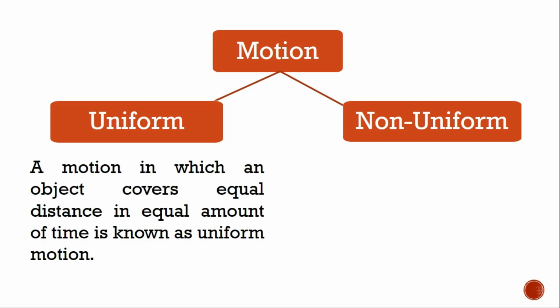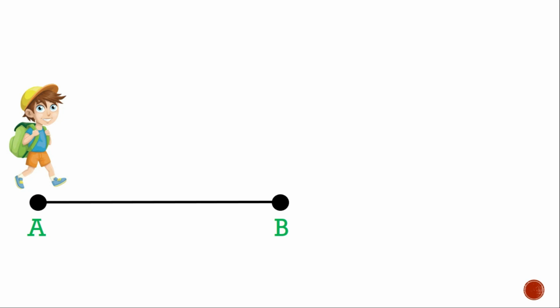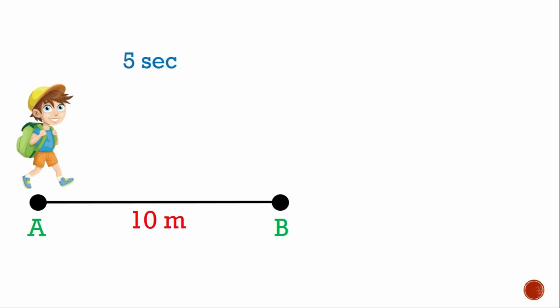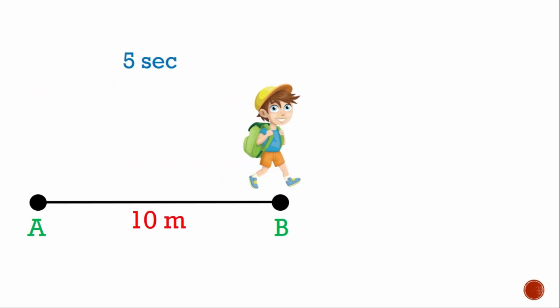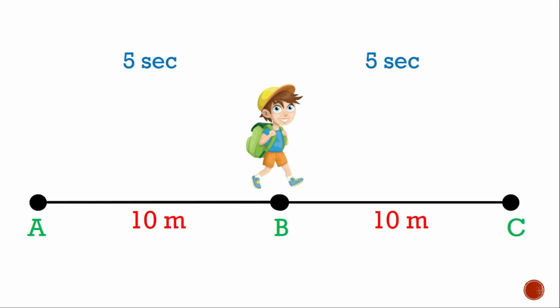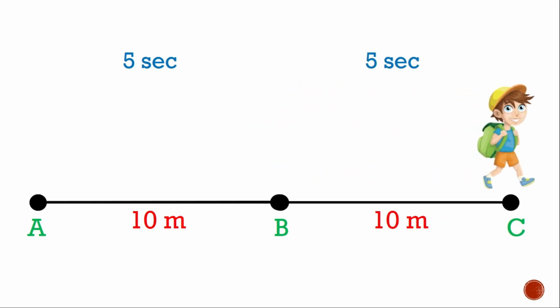A motion in which an object covers equal distance in equal amount of time is known as uniform motion. Suppose this boy covers a distance of 10 meters in 5 seconds from A to B, then again he covers the next 10 meters in the next 5 seconds from B to C. Here you can see that the boy is covering an equal distance of 10 meters in every 5 seconds of